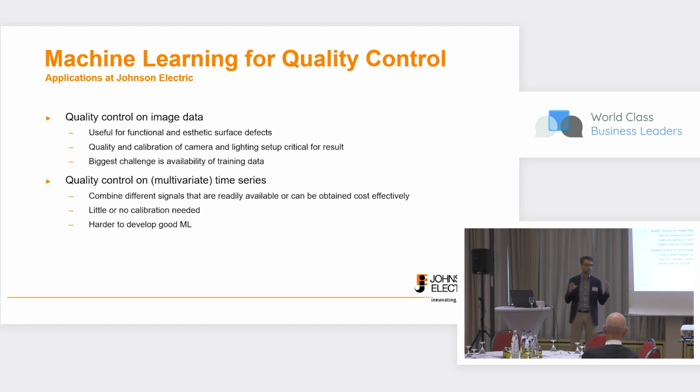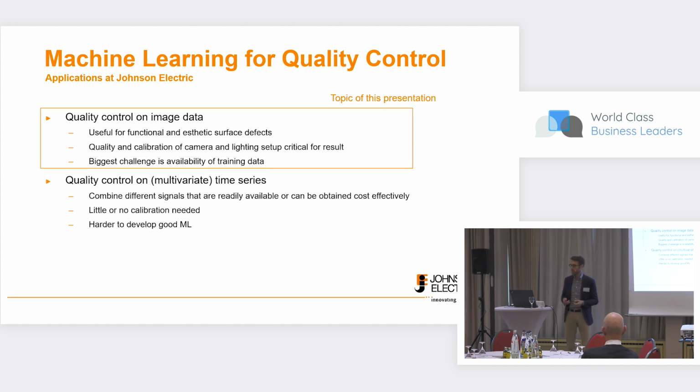You need to be very careful setting up your camera and lighting system. And then in our environment, one huge challenge is obtaining enough training data. This is usually very costly to get labeled data, and I'll come back to that in a second. So the second part is